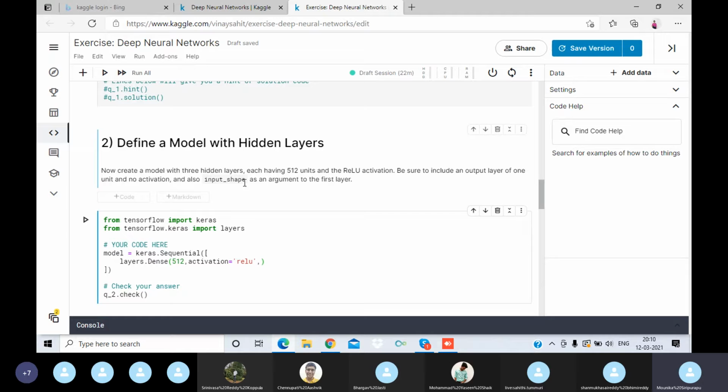And for the first layer, we need to give input shape as the argument.